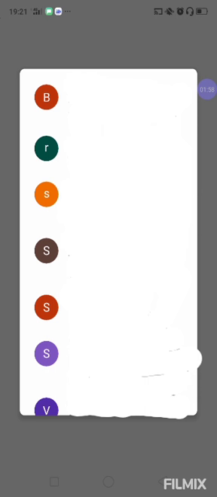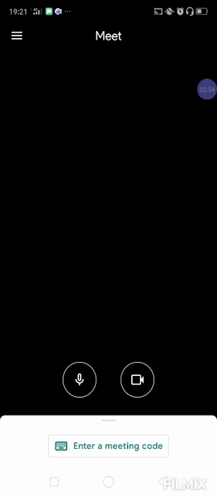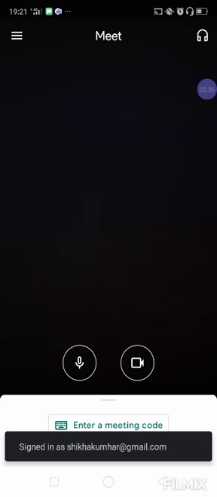Now it is asking from which email ID I want to open my Google Meet app. This is an important step, so this is very important. You have to choose only that email account to which your original name belongs. Means whatever is your original name, you select that one email ID. In my mobile there are so many IDs, but I will select my original name ID. So here I am selecting my original name ID by tapping it, and now the meeting will start.